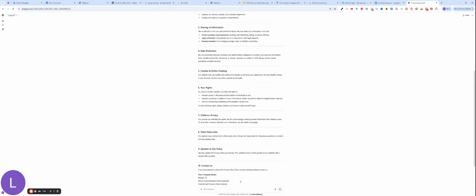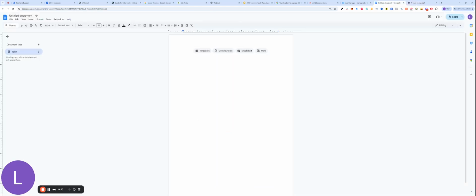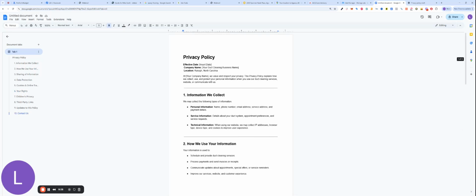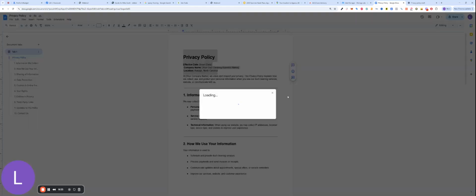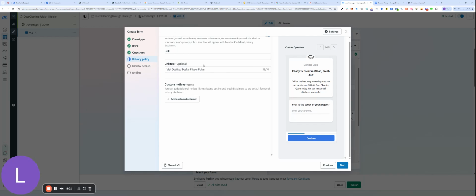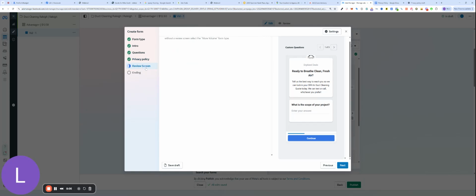And then from there, you can copy all of this, paste it here, and then you want to make sure you enter your actual business phone number, your business email address, your company name, and then you want to edit this as well. And then you're going to select share with others. Anyone with the link can view, and then come back to your ad campaign, and then you can paste that here. And then going to go to review screen,